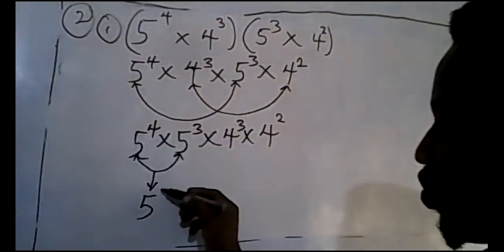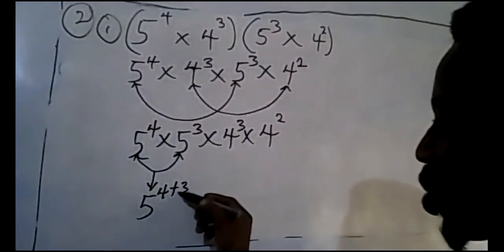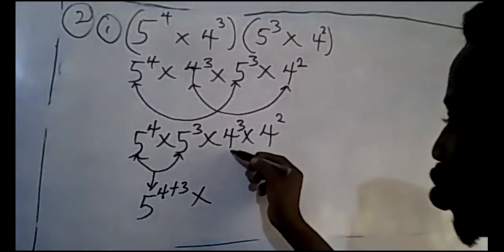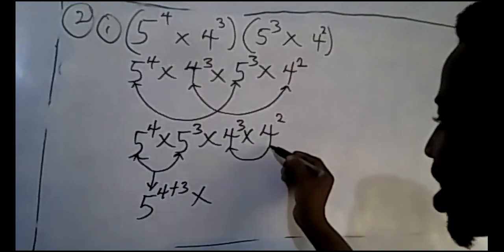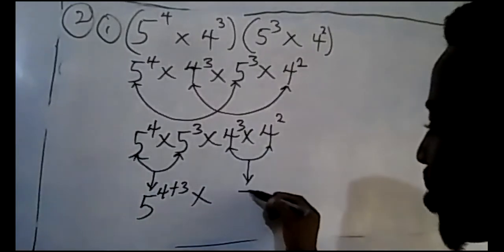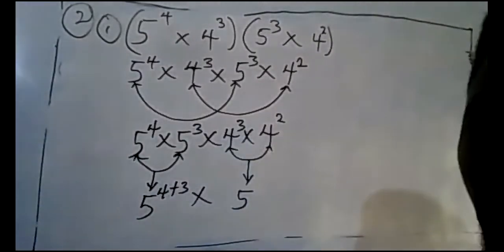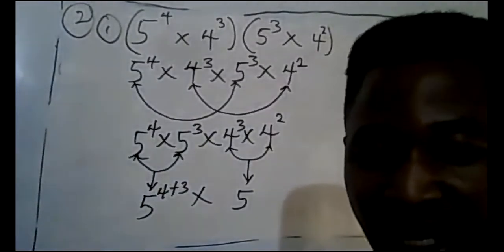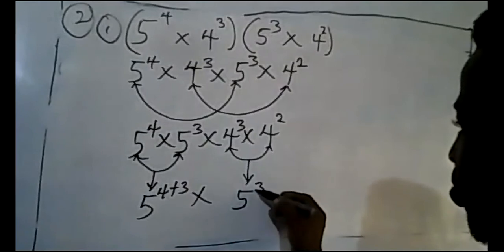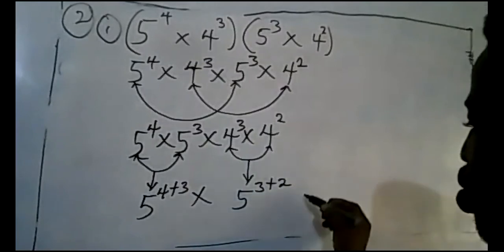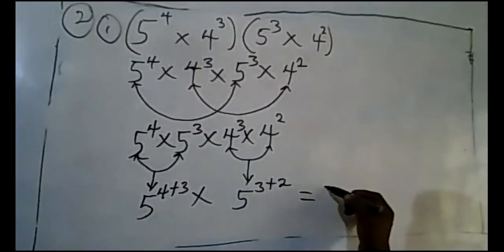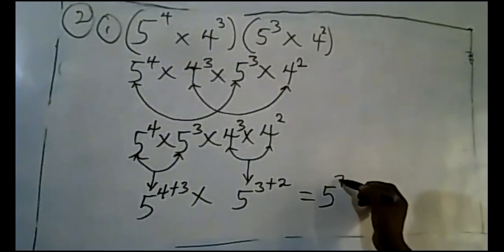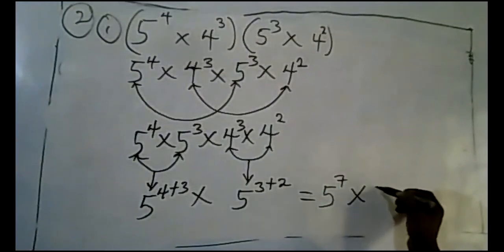So it's going to be 4 plus 3. The same thing will be done here, because they are the same base, write just one of the bases. Since you're multiplying, you will add up the powers or index. So it will be 3 plus 2. So what you're going to have is 5 raised to power 7 times 5,